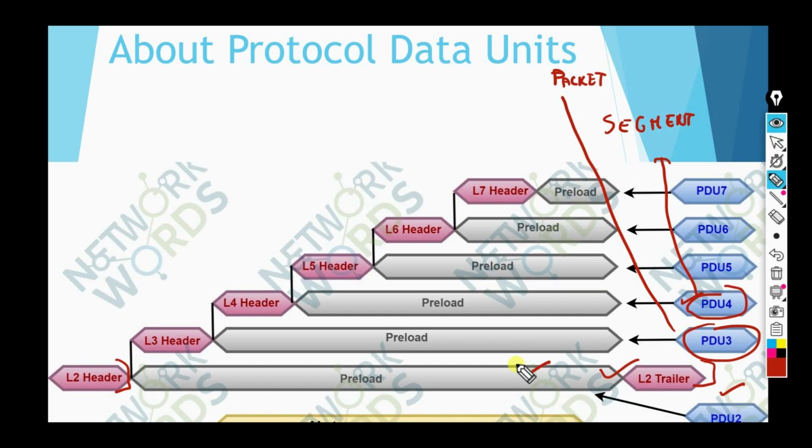So let's say layer 2 protocols like Ethernet and Wi-Fi actually add a trailer. It is labeled as CRC or FCS, which is the frame check sequence. This is used to find out errors at the time of data transmission. That is the reason we have a trailer whenever we are talking about a layer 2 frame. So this was the overview for the protocol data unit.